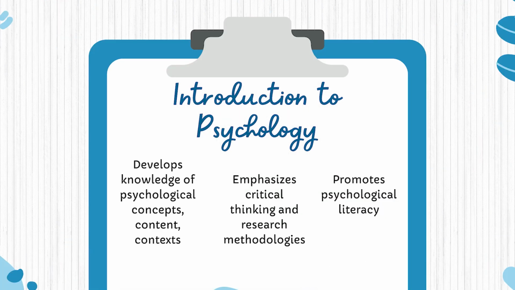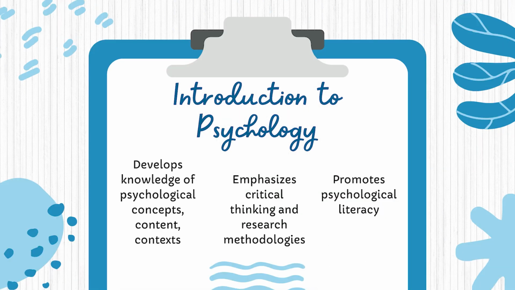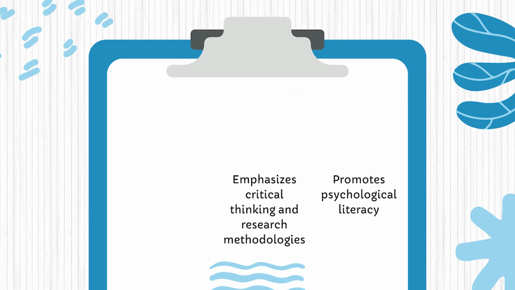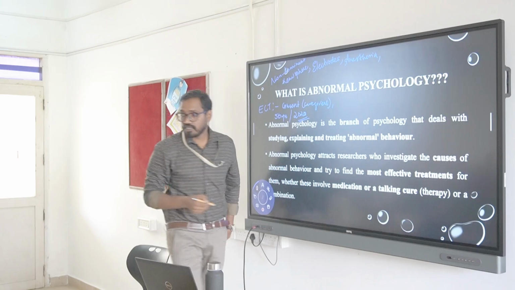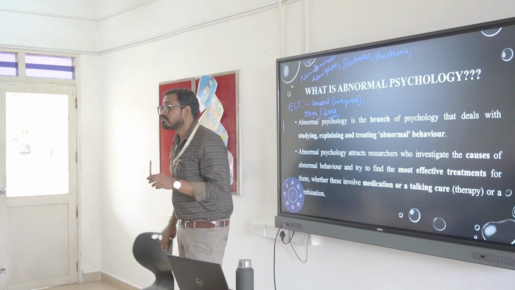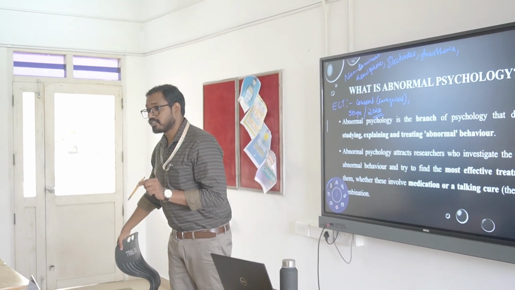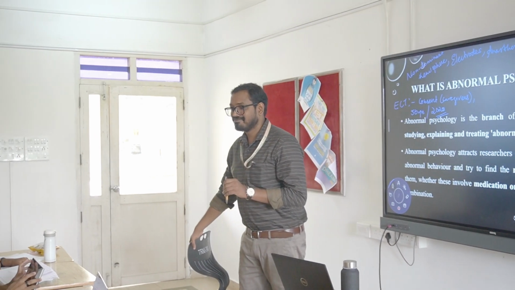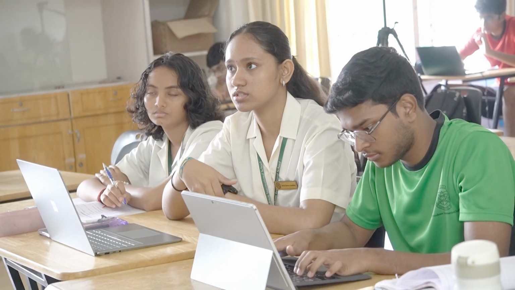The Diploma Program Psychology course aims to develop students' knowledge and understanding of psychological concepts, content, and context, as well as the models and theories associated with these areas. Through the course, students will develop the ability to engage in critical thinking, assess evidence, and acknowledge the evolving nature of knowledge. They will acquire the ability to seek new information and generate understanding by employing research methodologies. The goal of the psychology course is not to create psychologists, but to promote psychological literacy. Welcome to the world of psychology.